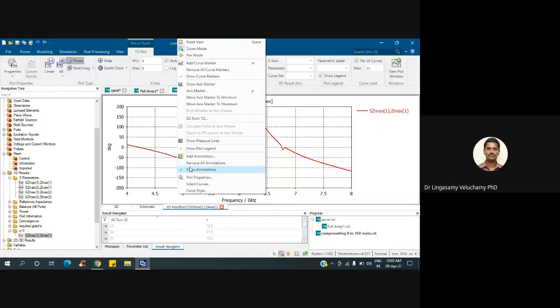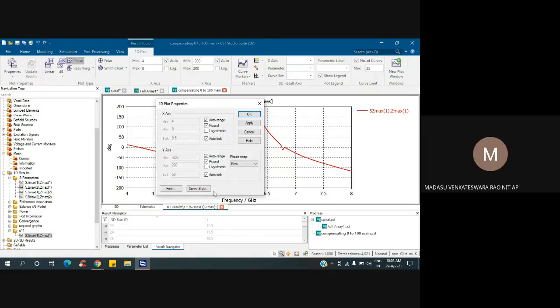Unwrap this phase. Plot properties. Yes, sir, I click plot properties. Here, phase wrap is there, right? Yes, sir. Under phase wrap, you can remove that, unwrap.